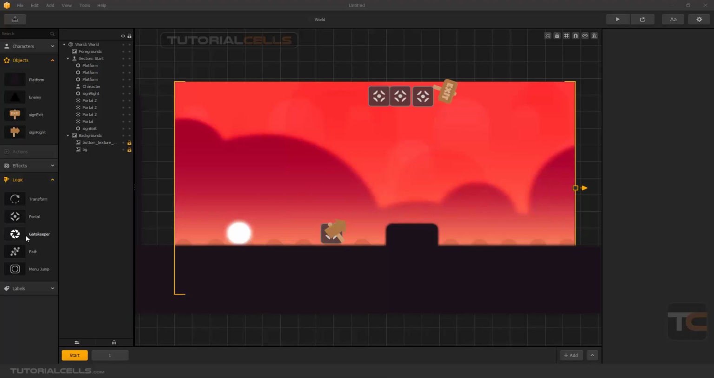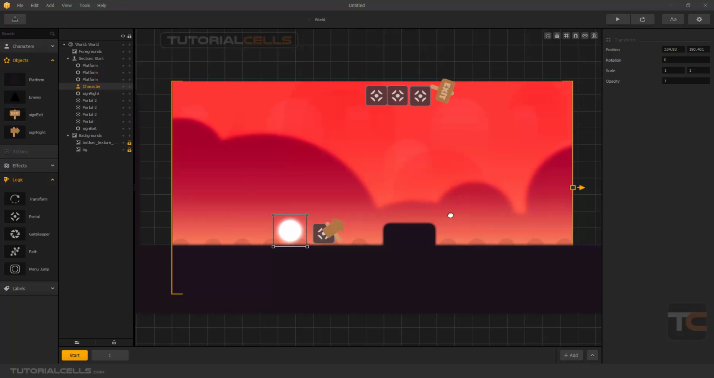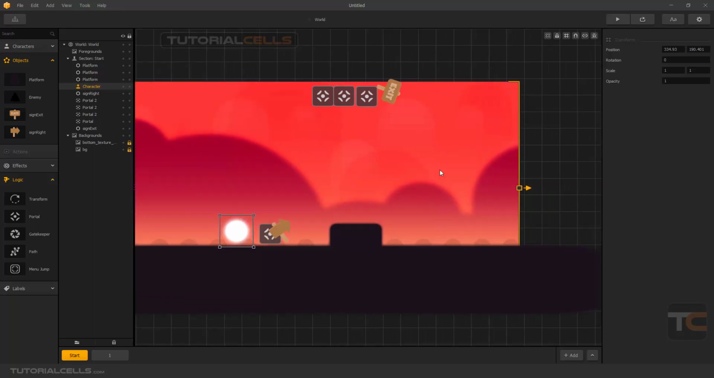Another logic is in Gatekeeper. If you remember from the previous lesson, you learned how to copy your character in 3D with a portal. This character goes to this portal, exits from these 3 portals, and we have 3 characters. If you want to reduce your number of characters, you have to add Gatekeeper here. Its dimension is not important, but if the 3 characters reach here, they will